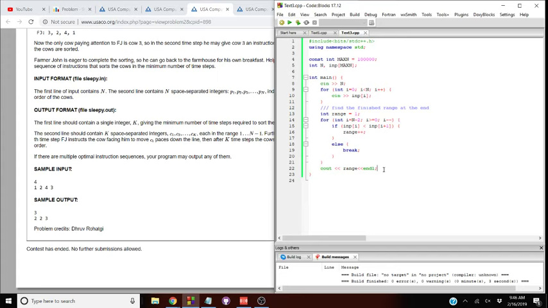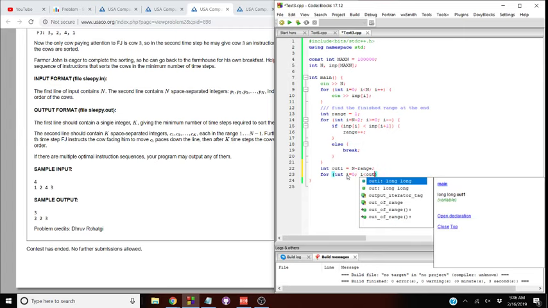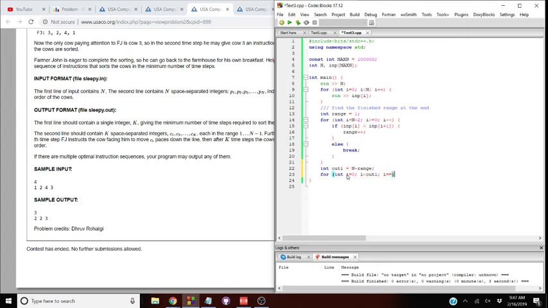Okay, so the first line of output actually is n minus 1. So actually let's just call this out1, and we'll just print all the output. Okay, for all these values that we need to change,